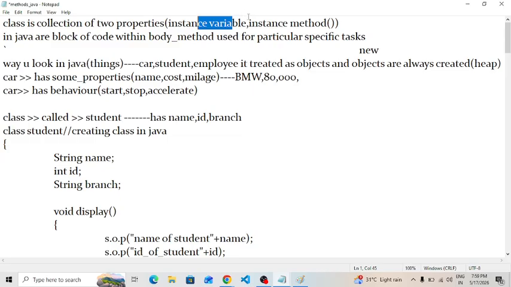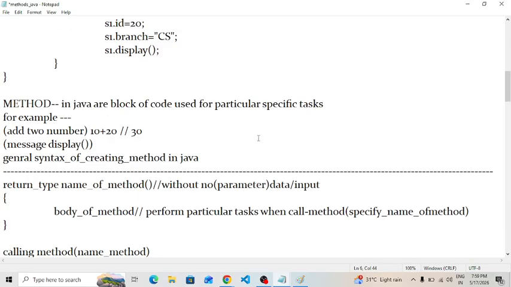Then what about this instance method? Guys, okay? Now let us understand the entire concept of the instance method. What do you mean by this method in Java? Quickly, guys, because you had missed this class, it is very important. Almost all of you had come